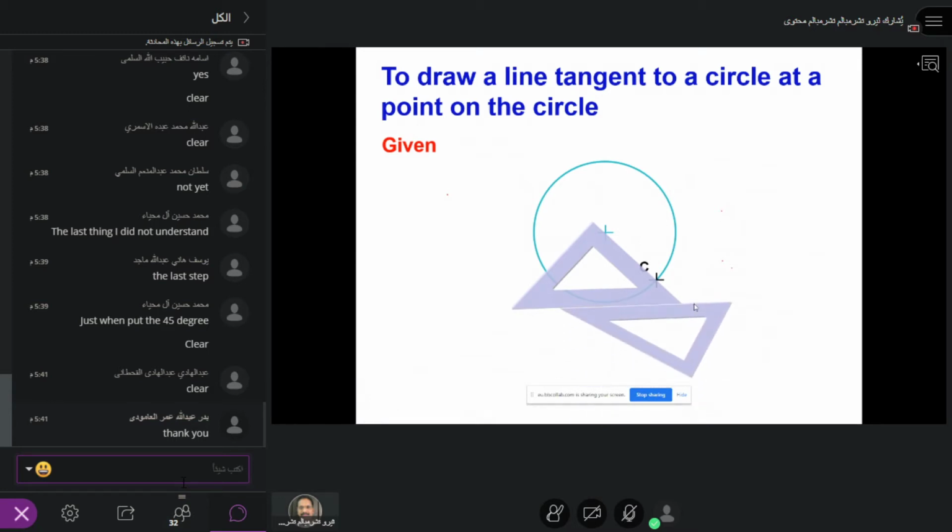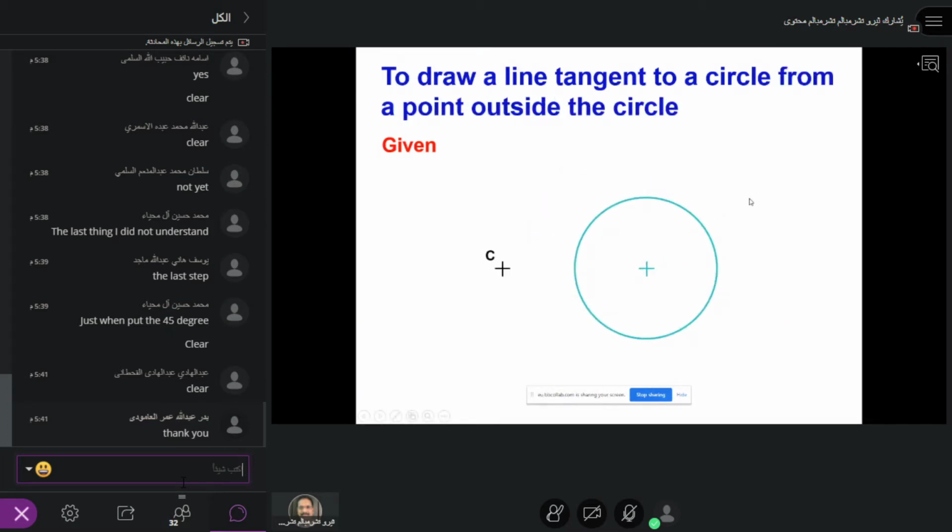So now just move it all the way, and this is the tangent, which is through the line at the center C, and this line is parallel to this C. At the same time, it will make 90 degrees to the center. That's what a tangent means. So if you draw this, connect this line, and this will make 90 degrees. That is a tangent. Now this is the tangent.